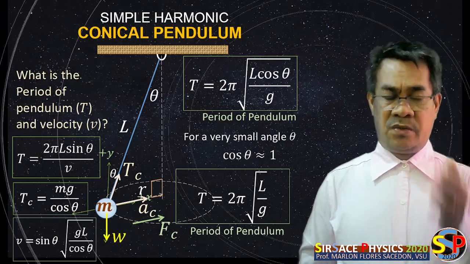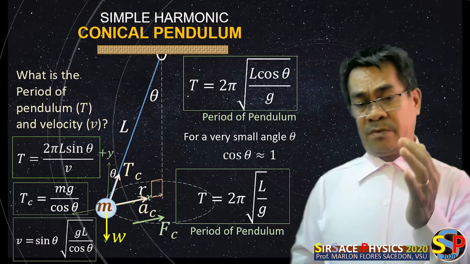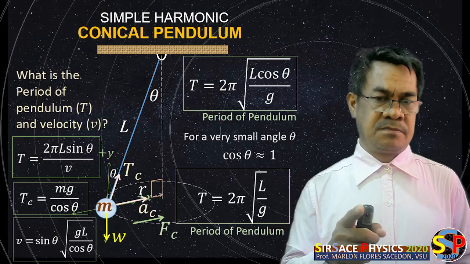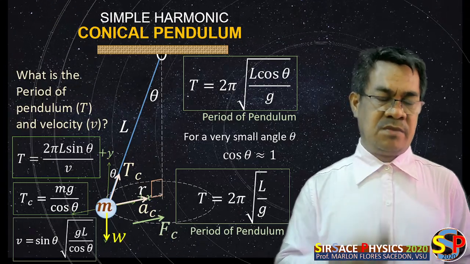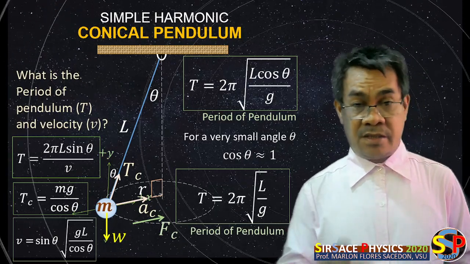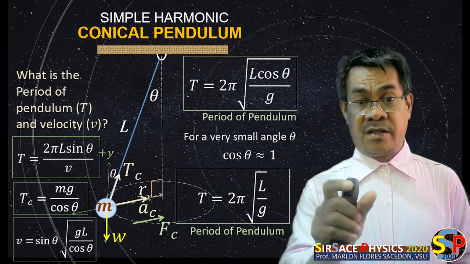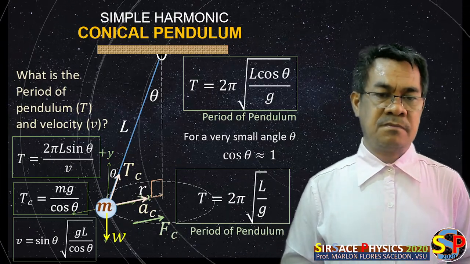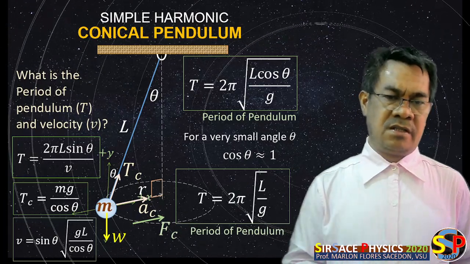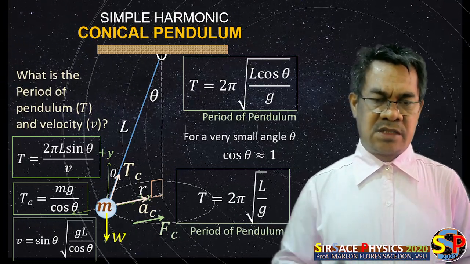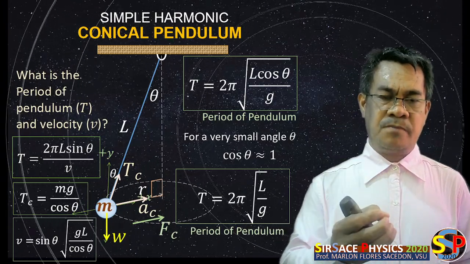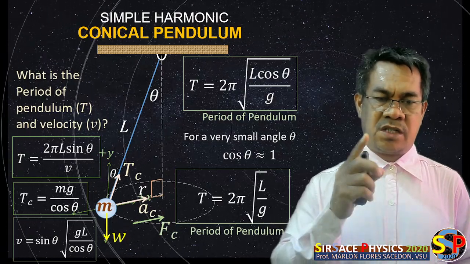Now, why do we do this? Now, this formula is very important. Remember that the period is only a function of L. Meaning, if you have L, you can always solve for the period, provided that the amplitude angle is very small. Meaning, if you can provide a period and you have the L, then you can compute for g. So this is actually a strategy on how to obtain the Earth's gravitational acceleration, because you can calculate the g if you have the period and you have L,